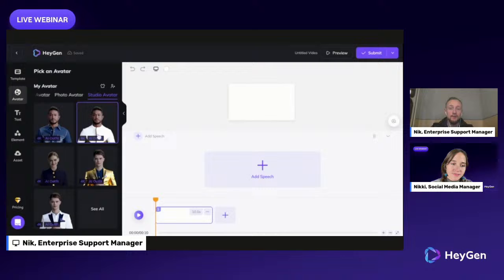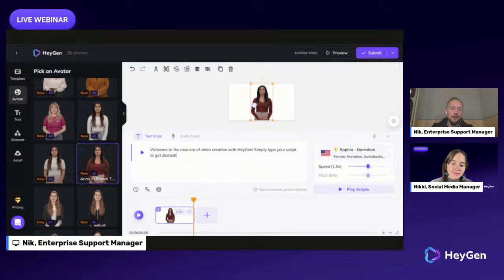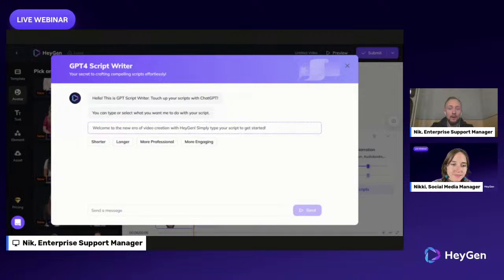You can go to our studio avatars, the highest quality of avatar so far, and you can select one of the provided avatars. Then you can add a different language if you want to, and you can provide the text you want. We also have this, and I think this is one of the best features, because we are working with